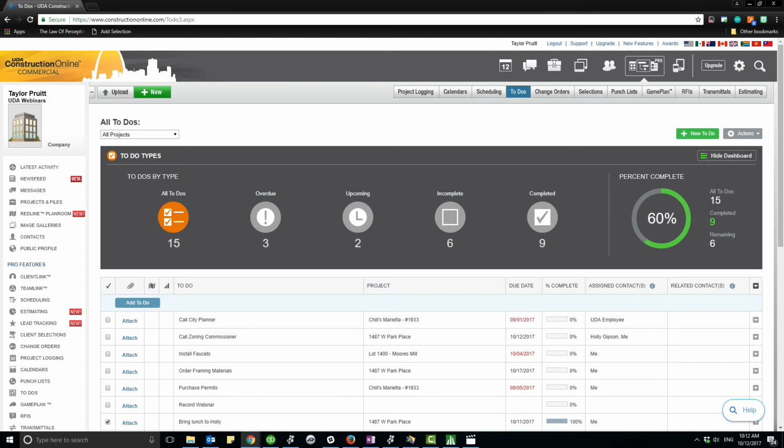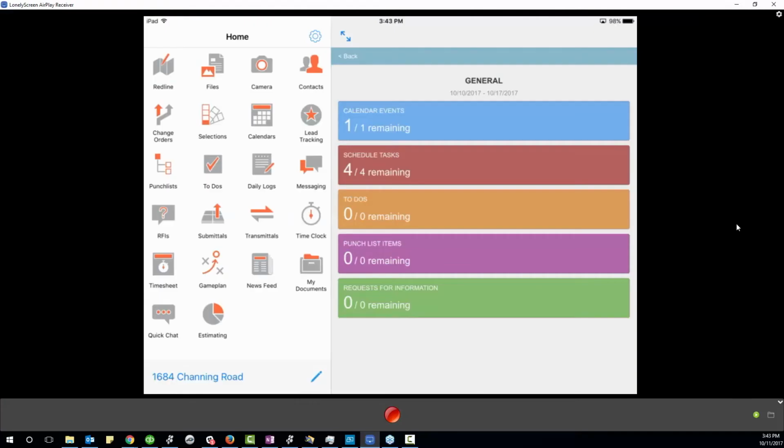Talking about technology and some of the enhancements with the app, some of the new features that we're adding. Many of you are familiar, whether or not you know it, with the concept of WebSockets. WebSockets is another one of those features that hadn't really come into this webinar, anticipating that we would talk about it, but while we're on the subject of the immediate interaction between the app and ConstructionOnline,